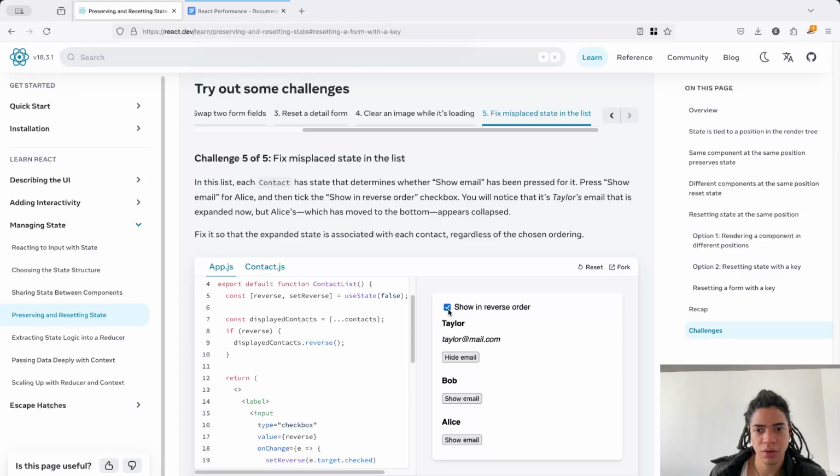Okay. You'll notice that the Taylor emails is expanded now, but Alice, which now moves down to the bottom, appeared collapsed. It's like you are now rendering that element there, so you're not resetting the state there. Fix it so that the expand state is associated with each contact,